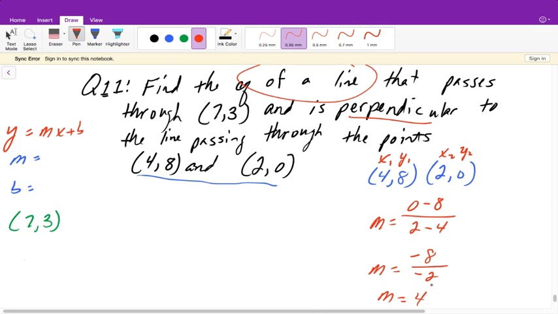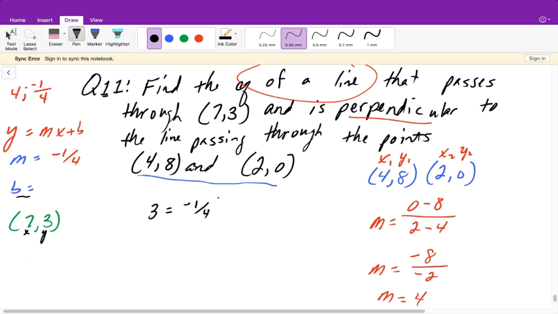So if my slope is 4, and this is perpendicular to it, remember, it is its negative reciprocal. So first I'll flip it and make it 1 over 4 and take the opposite sign. So that means my slope has to be negative 1 over 4. Now I need to go ahead and solve for b. And to solve for b, I will plug this in for x and this in for y because it passes through those points. So 3 is equal to